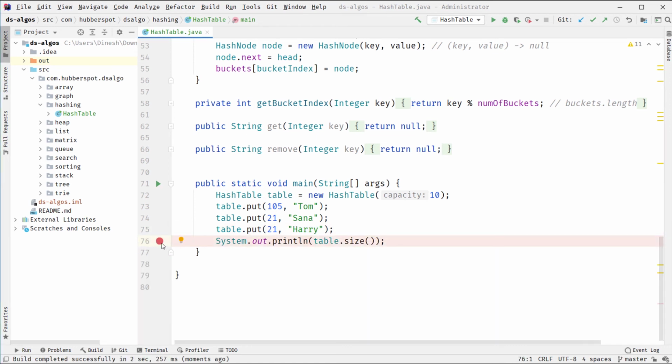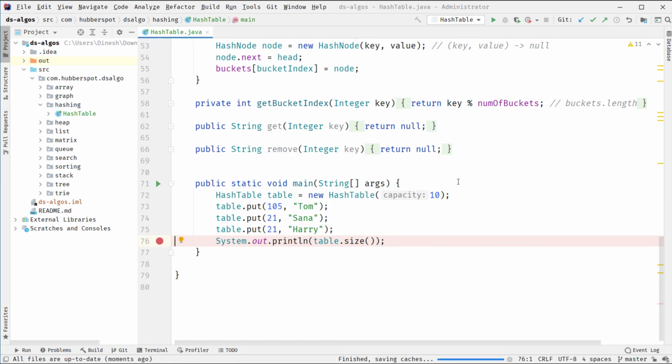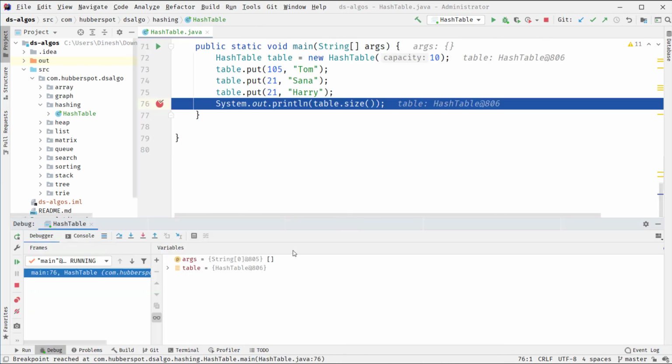And here if I debug this, so here you can see, if we open the buckets array, that 105 was added at index 5 based on our hash function, where we divided 105 by 10 and the remainder was 5.